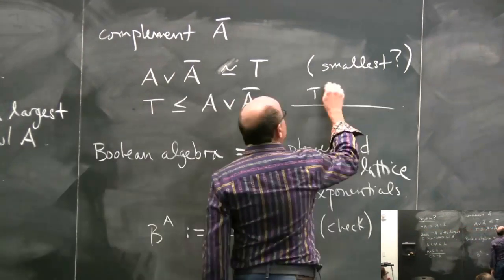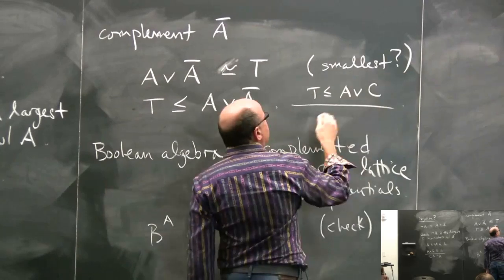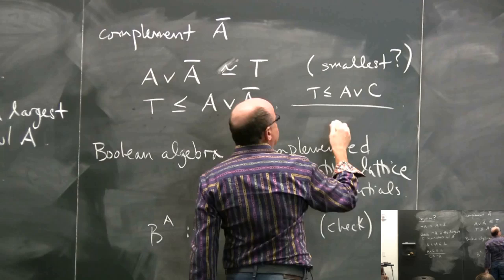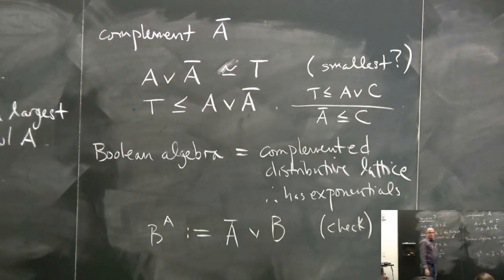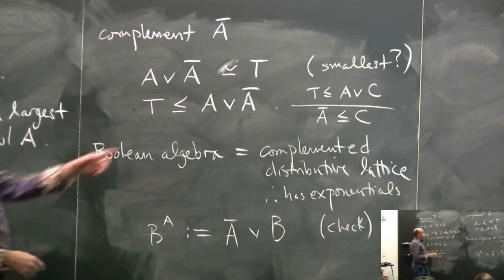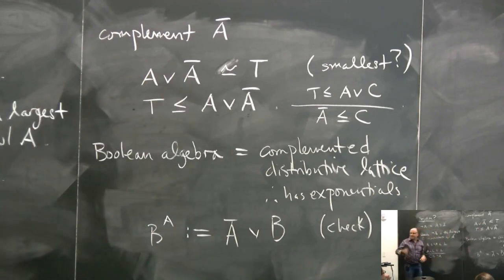So the idea would be if top is less than or equal to A or C, let's call it C, then this is the smallest thing, so we'll have that this is less than or equal to C. That would be the smallest. So you want it to be as little as possible, because otherwise you could just take top here. Yeah, thanks. That's what I should have said. This is an example of where the note takers have to make me look good. I never made that mistake. You just write down the truth. All right.